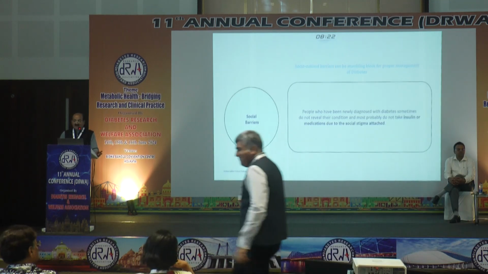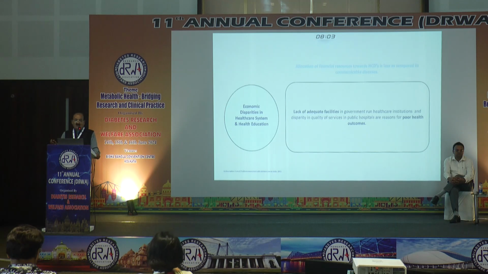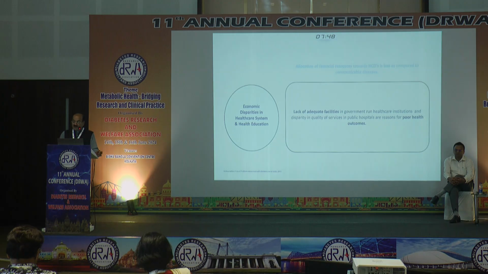Then there are social barriers. Social cultural barriers could again be blocking the proper management of diabetes, because it is still taken as a stigma, especially type 1 when it comes to younger children, more so female children. It becomes a stigma, and many a time they will not disclose, and they might miss an insulin dose rather than disclosing it to their classmates or schoolmates. And there are then economic disparities in the healthcare system and health education because of lack of adequate facilities in government or other institutions which are being run